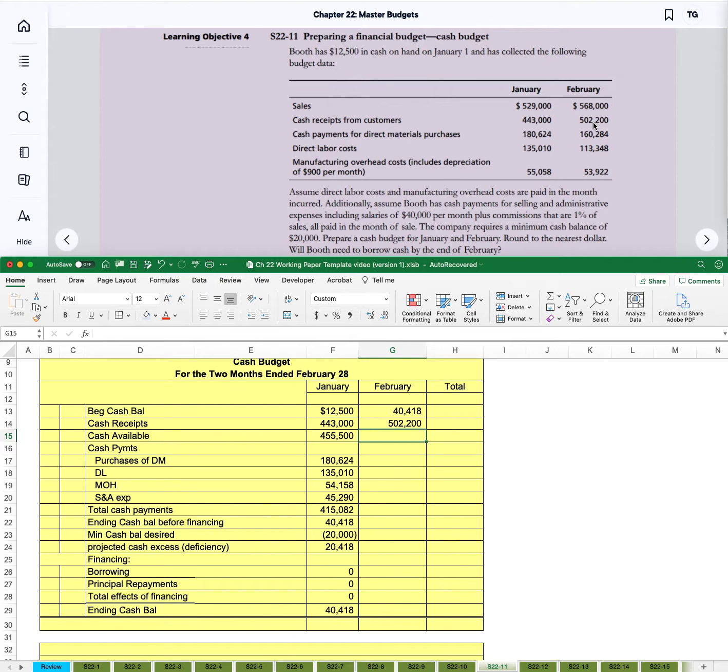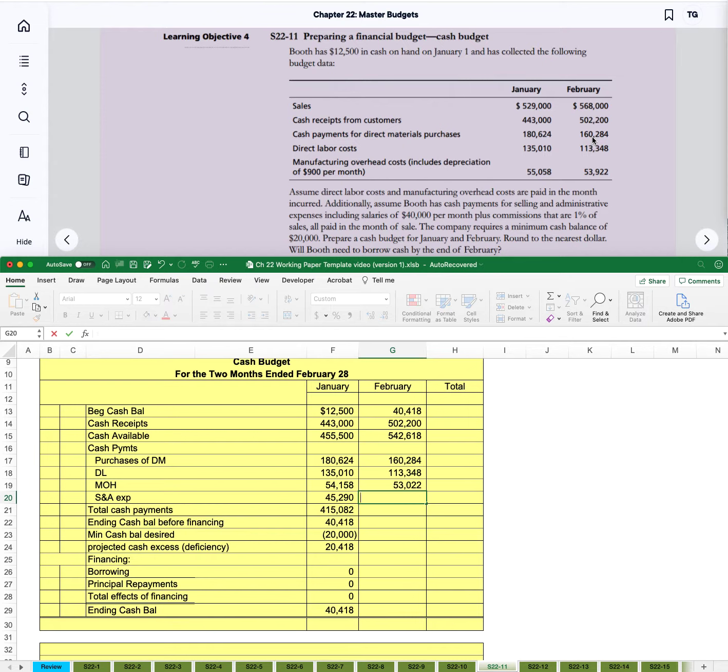Cash available, we can just pull this formula over to add those together. Our materials, 160,284, 113,348. Manufacturing overhead, 53,922 minus 900. Our selling administrative, we have to use that same formula where we're saying